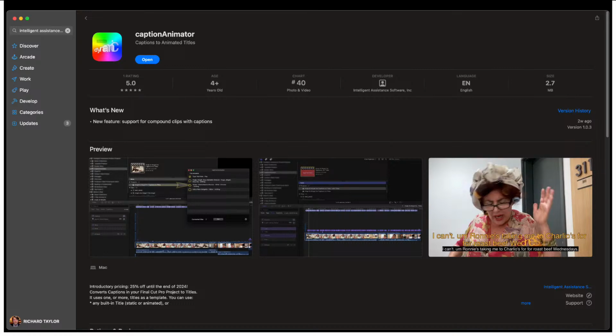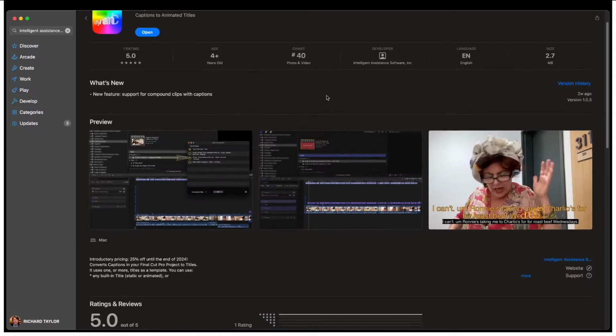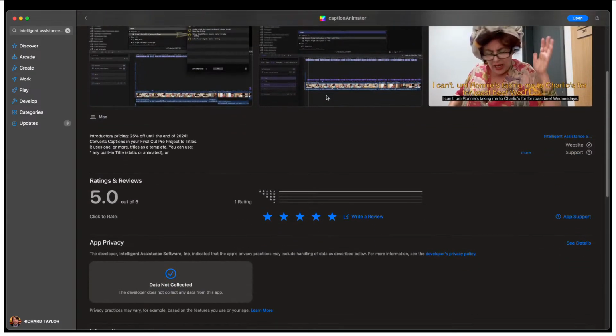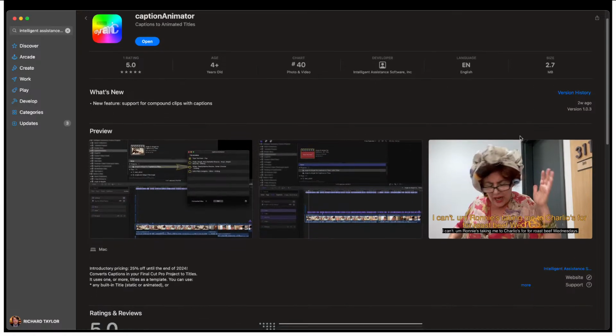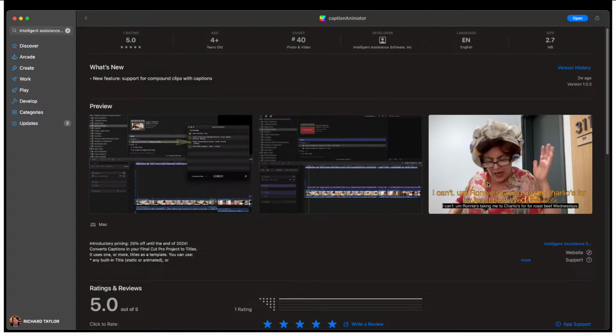Let me see something here. Yeah, it's on sale for $14.99, I think. I already have it, so it doesn't show the price. But this converts, you can see over here on the window, converts captions